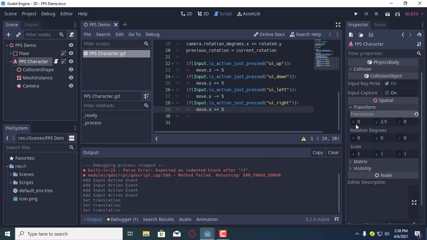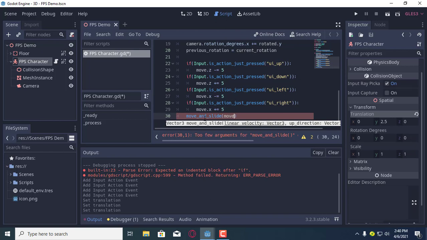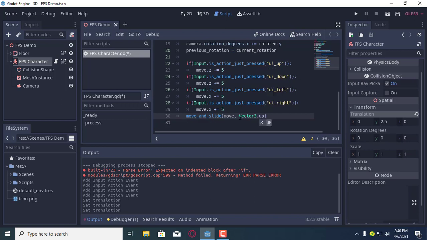Then the X will control this X if we use it under move and slide. Not right now, but later I'm going to show you how it will work. It is not possible to show how it will work yet, but it is possible to show how to write that code, and I will show you that. Let's save this with Ctrl S on the keyboard. Now this is a kinematic body, it has a function called move and slide. If you put this move under that move and slide, I saw that people use Vector3.UP. I don't know why they use this, but I think it's a rule to do this,